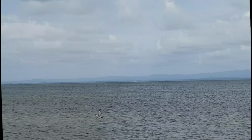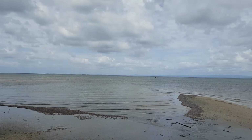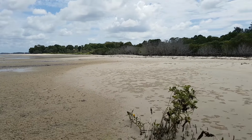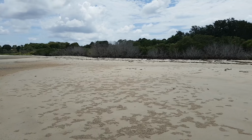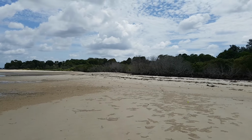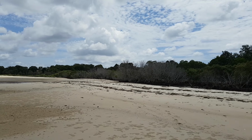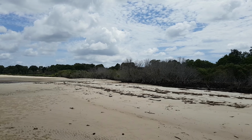There he goes. There's one flying. So the birds I was chasing have flown off. And now we're just going to walk back towards Buckleys Waterhole. And we might call it a day. Because I was thinking about going to Kakadu Beach just for these birds. But since I've got some photos of them, and some really nice photos I might say,